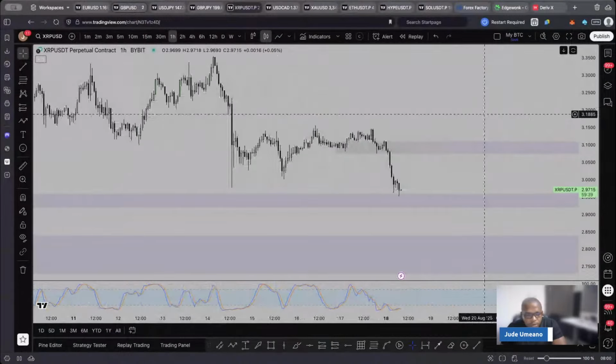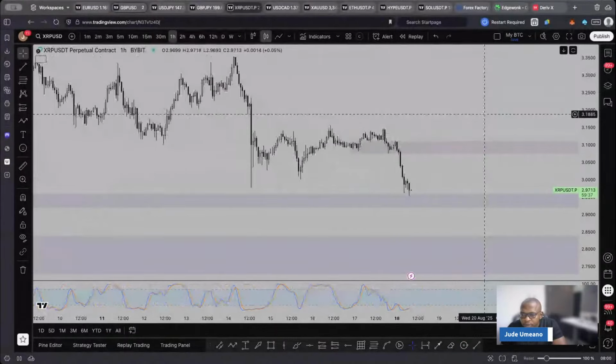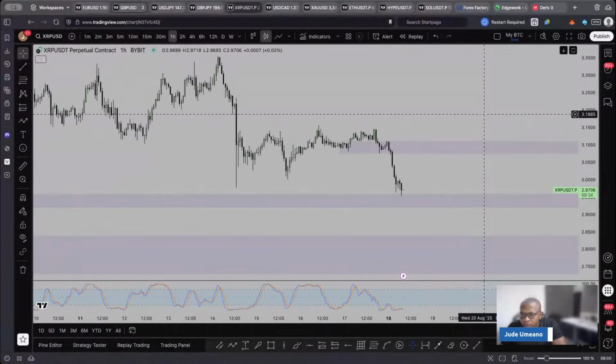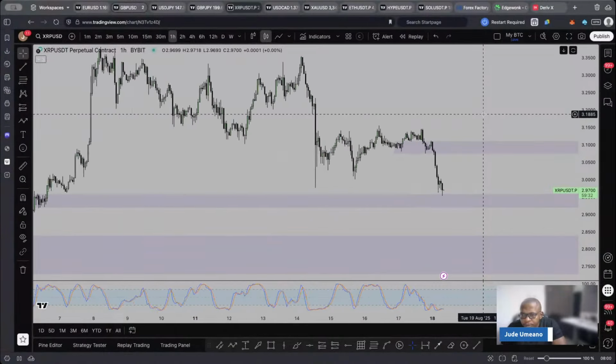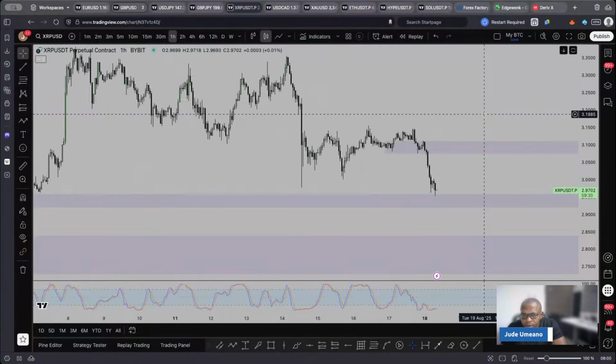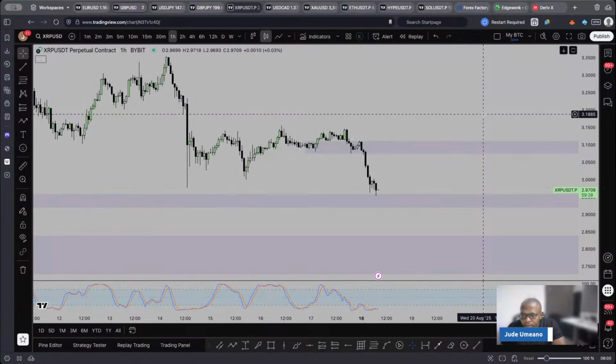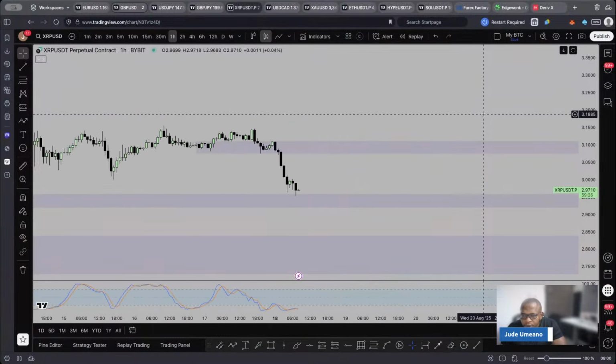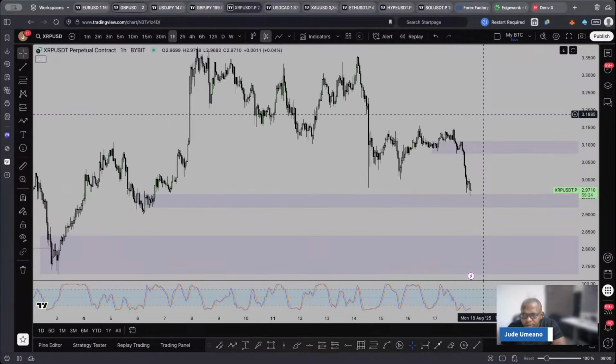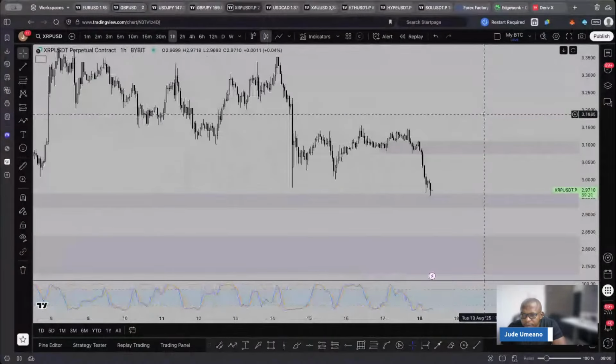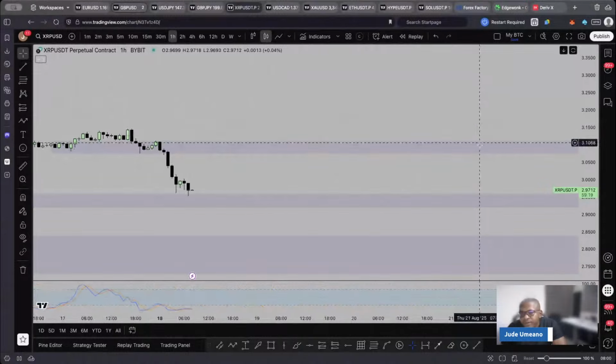And the 1 hour for XRP. Okay, for XRP, it's just the same thing. I want to wait. So what I'm seeing is,